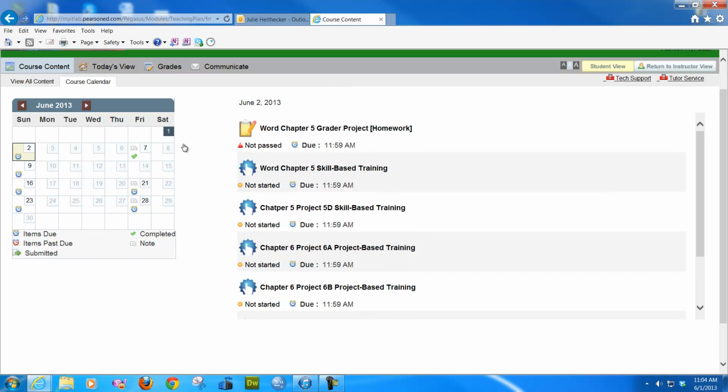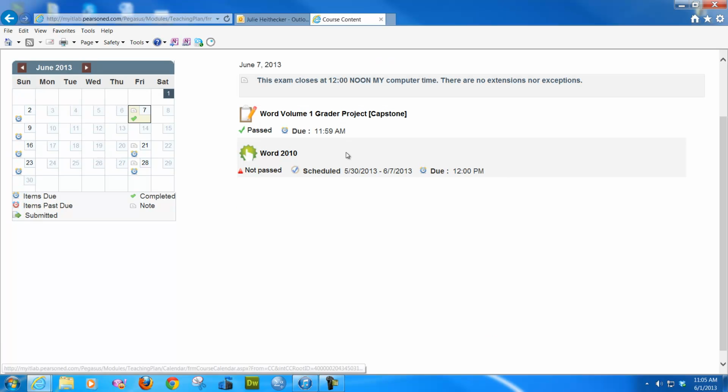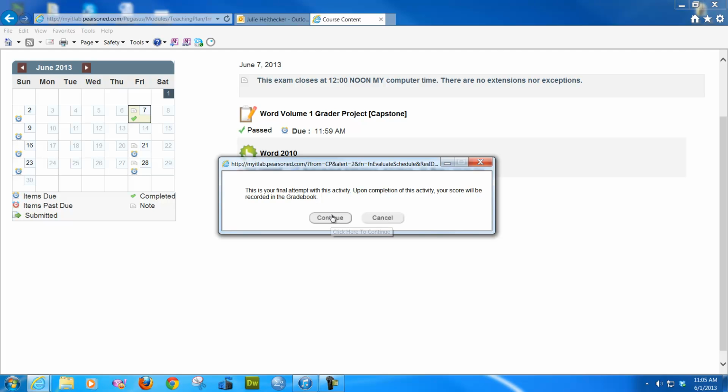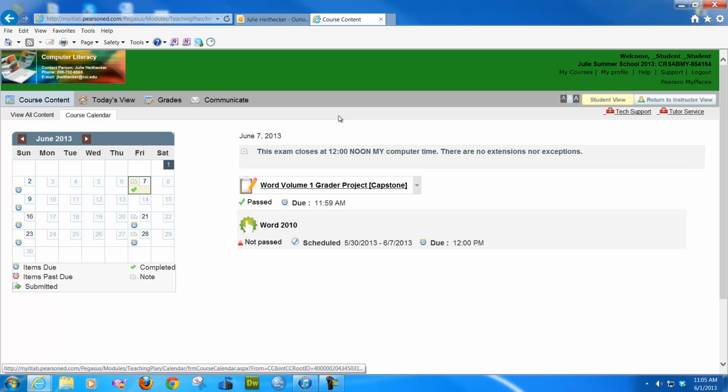Now the exam is due by Friday. You have to go to a testing center or someplace. And the capstone case grader is also due by Friday. Now that's just like a case grader, only it's the final one. You open it up and you manipulate it. Now it's supposed to have 2 attempts, so I will go back and set that for you for 2 attempts.